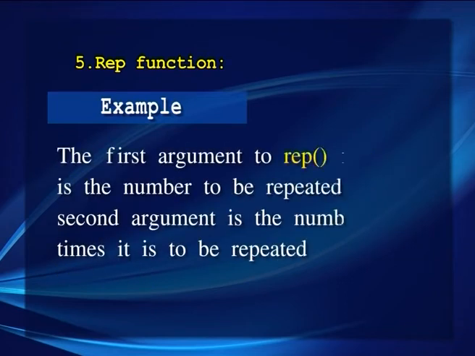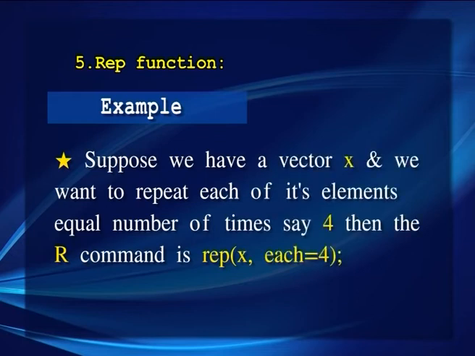The first argument to the rep function is the number to be repeated, and the second argument is the number of times it is to be repeated. Suppose we have a vector x and we want to repeat each of its elements an equal number of times, say 4. Then the R command is rep(x, each = 4);